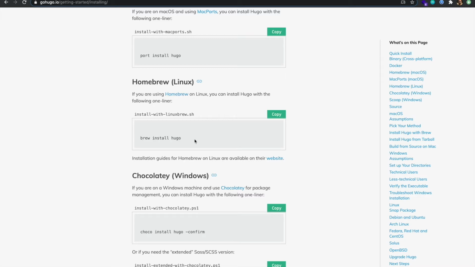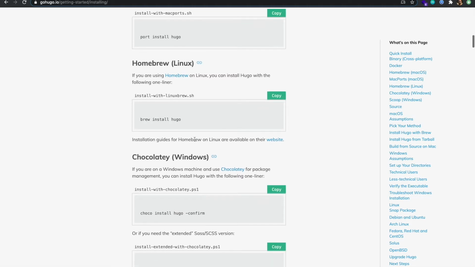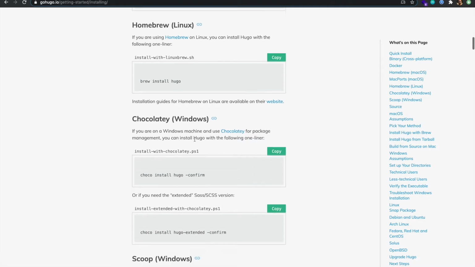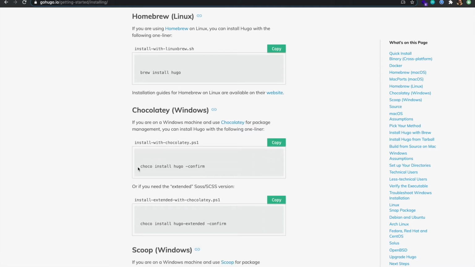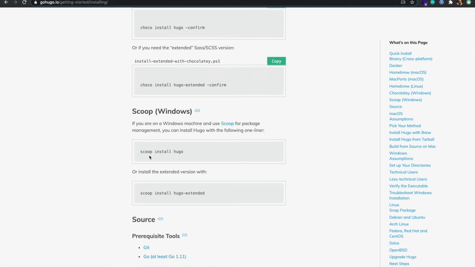Otherwise, you can use snap install hugo or sudo apt-get install hugo. The Linux guys know how to install all these things in the different Linux flavors, right? In Windows, you can use Chocolatey, choco install hugo, or maybe Scoop, so scoop install hugo. So now let's go to the terminal and install Hugo.